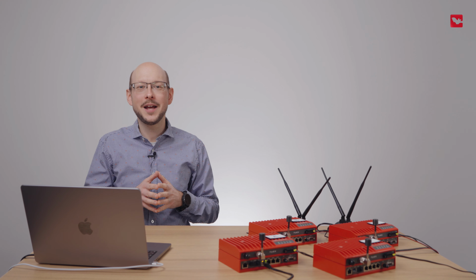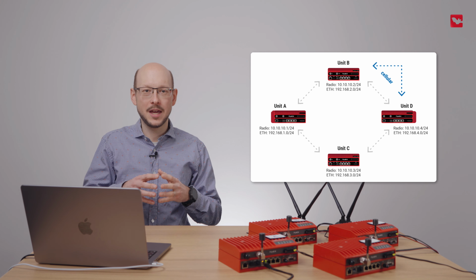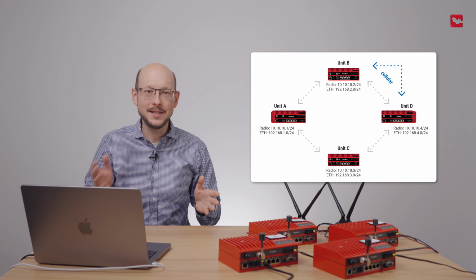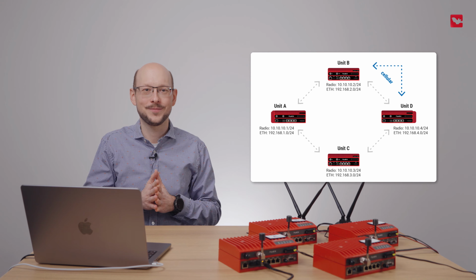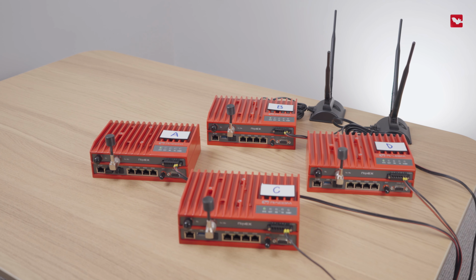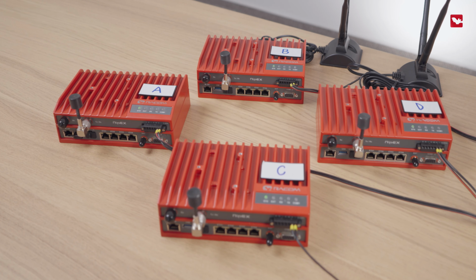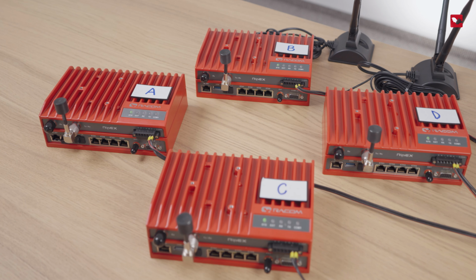In case you prefer going straight to this one, you may download starting configuration files from a link in the description. Babel protocol's unique feature is support for wireless networks. Today we will use this capability to build a dynamically routed network with both radio and cellular wireless connections. Unit B and D are RipX2 devices with optional cellular expansion card, and their primary connection will be cellular, with radio serving as backup route.